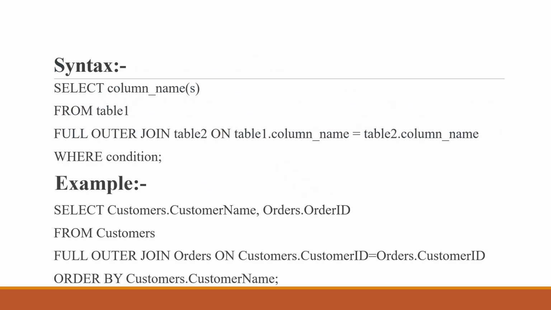This is the syntax of full outer join. Select column name from table 1 full outer join table 2 on table 1 column name is equal to table 2 column name where condition semicolon. For example, customers table. Select customers.customer name, orders.order ID from customers full outer join orders on customers.customer ID is equal to orders.customer ID where a condition order by customers.customer name